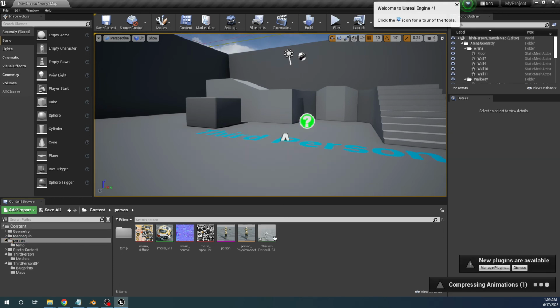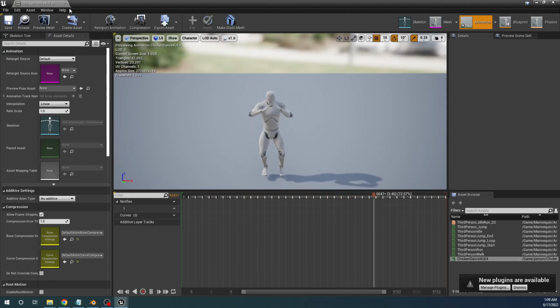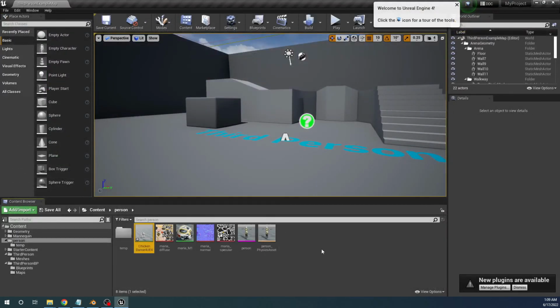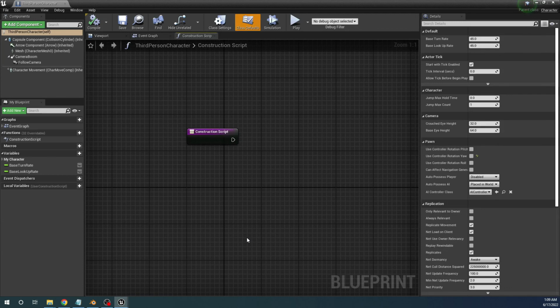So now that's done, we can go ahead and preview the animation. It's looking pretty good on the default skeleton. What we can do to sort of wrap all this together, just to show you that this all definitely does work, is I'll